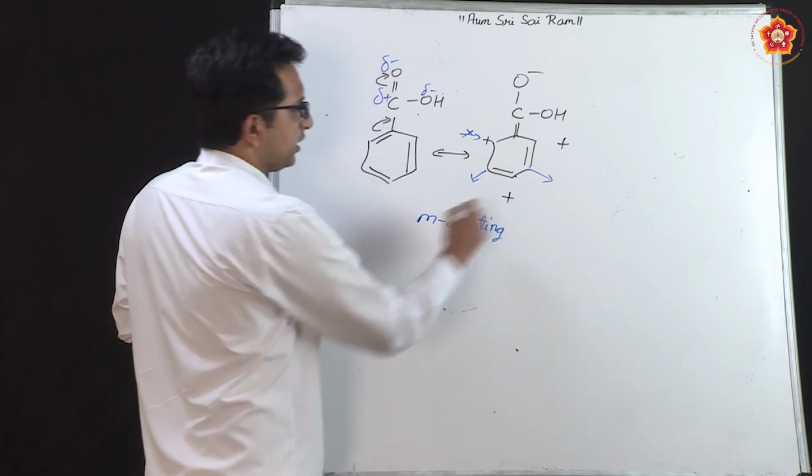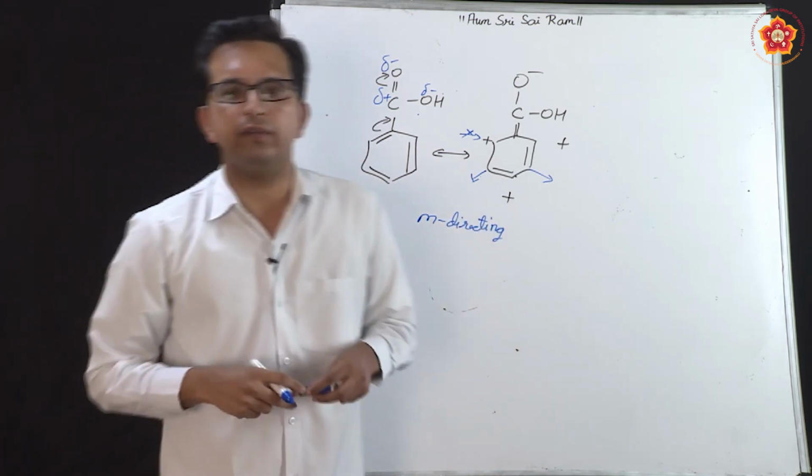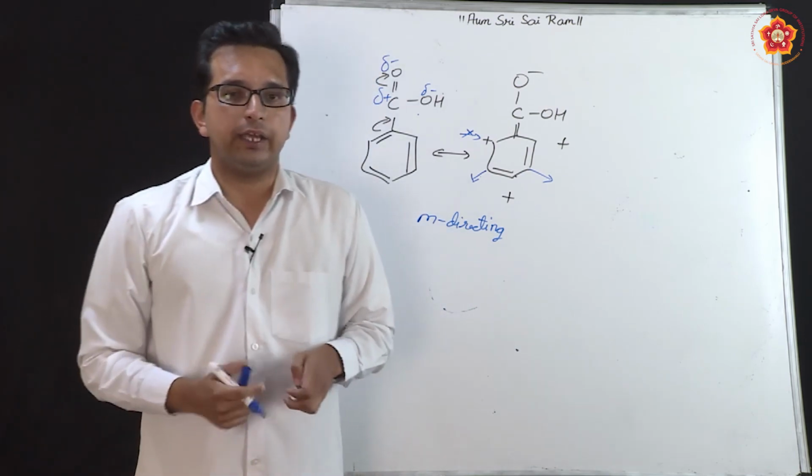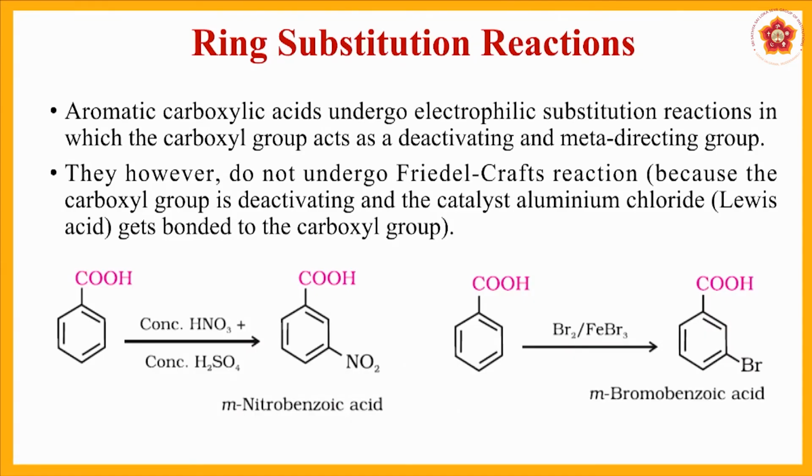In the case of a meta directing group, the two reactions that we have here are nitration, where the electrophile generated is NO2 plus, we know this very well, and that NO2 plus, if you see, has gone and attacked the meta position. Similarly, if bromination is done where Br2 is added with the catalyst FeBr3, it directly goes and attacks to give a meta bromo compound in this case.